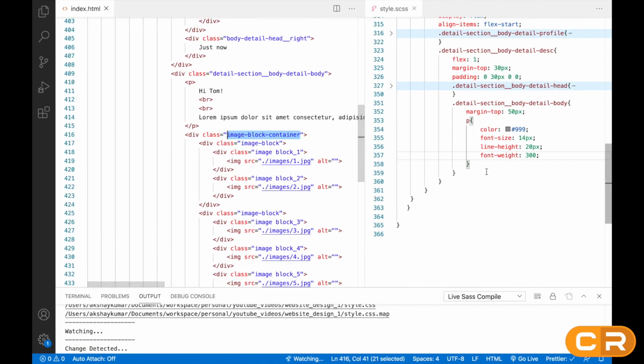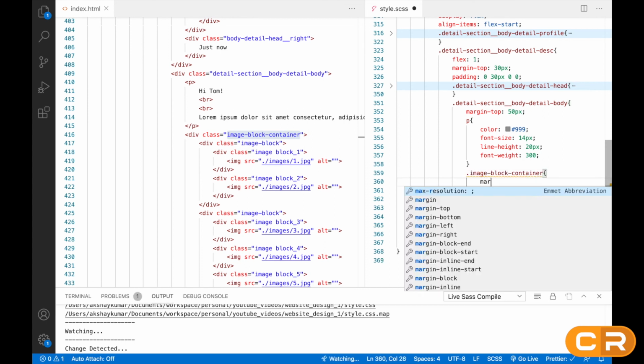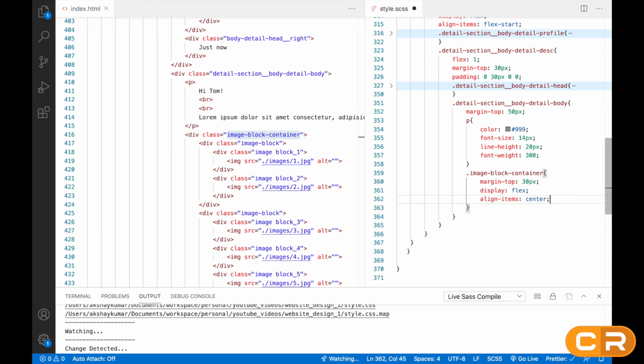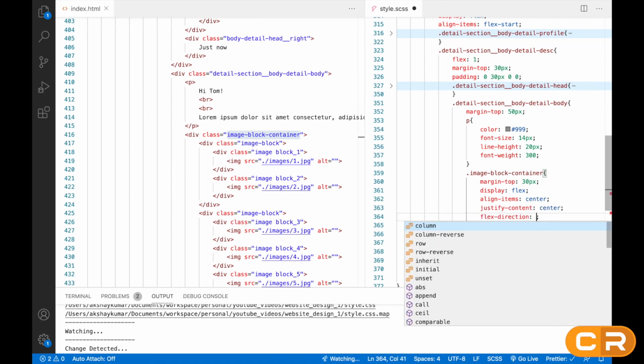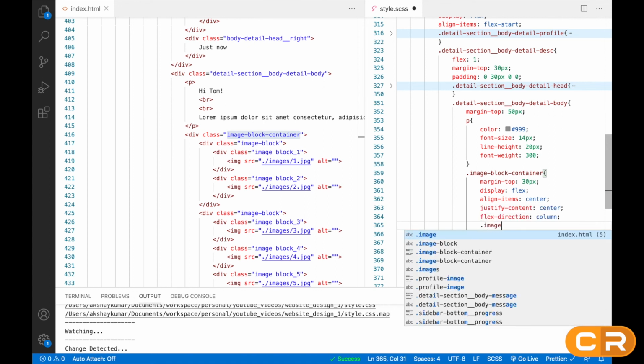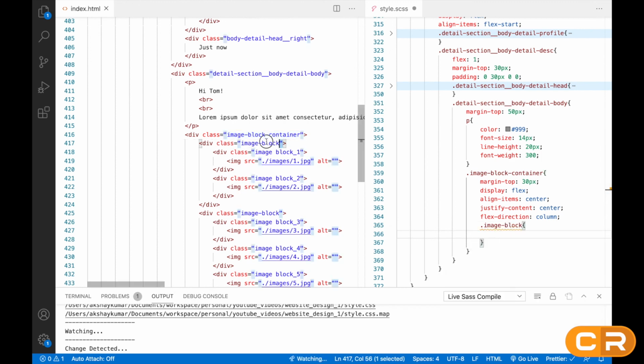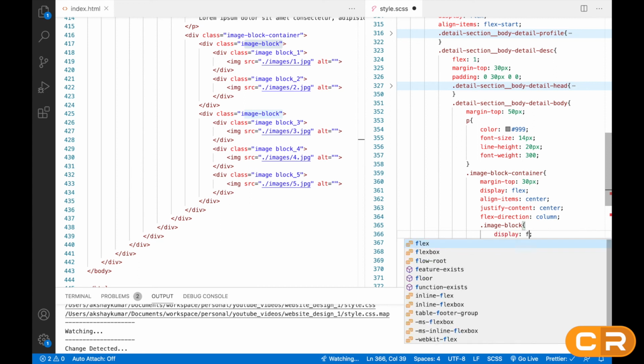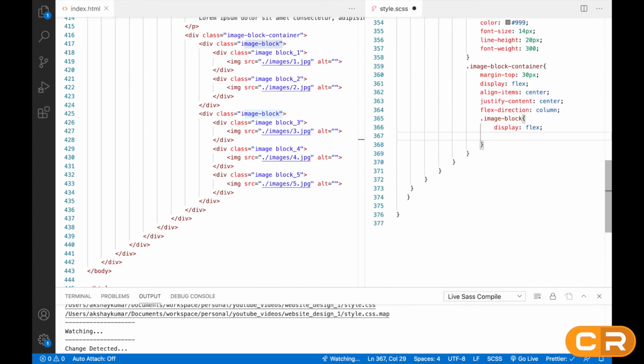After this p tag, we'll write this image block container. Here we'll write margin top 30px, display flex, align items center, justify content center, and flex direction column. We'll write image block in this class: display flex, and inside we have the image class also.